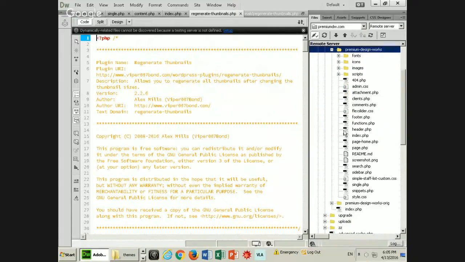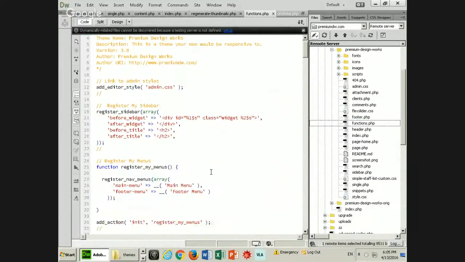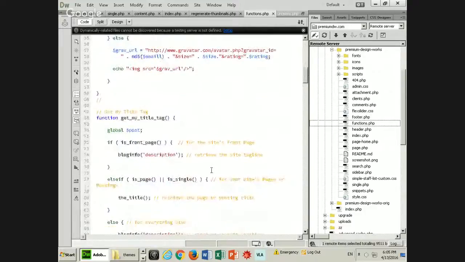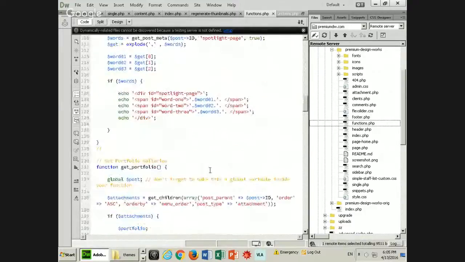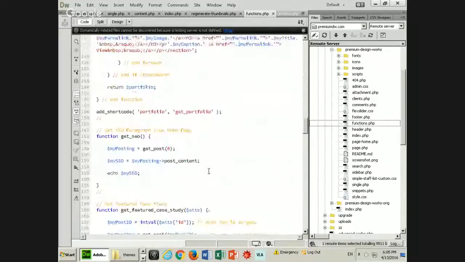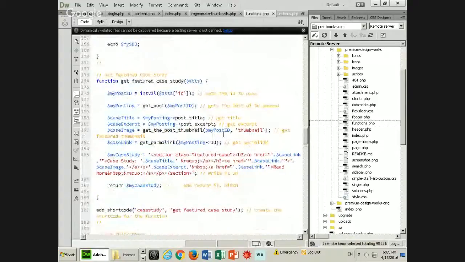If I then looked at functions, if I am ever doing something like this, get the post thumbnail, size thumbnail, it is then going to go and look at